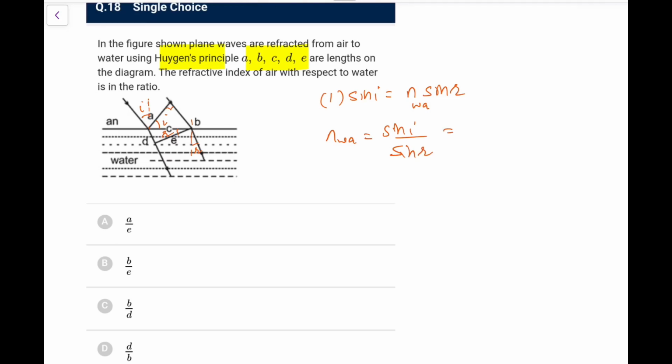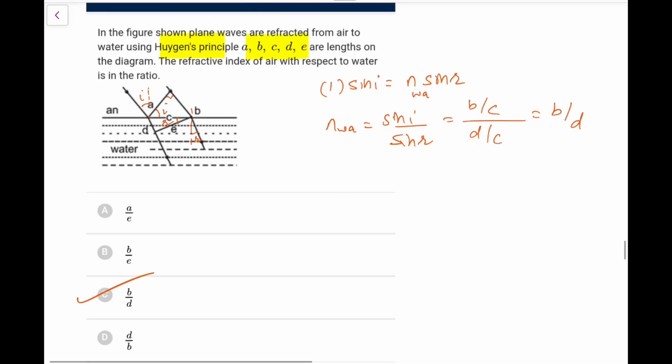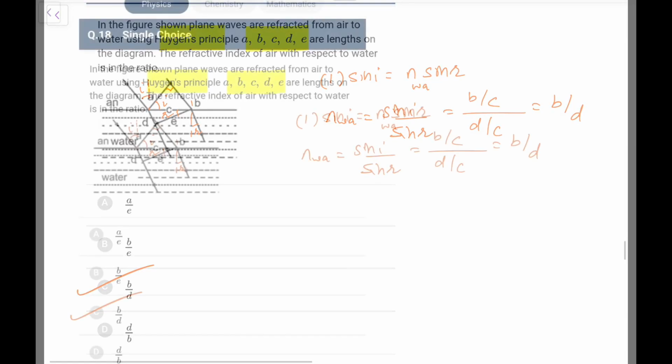In this triangle this angle is 90 degrees, so sin i comes out to be B upon C, since C is the hypotenuse, and sin r if you do it is D by C, so this comes out as B by D. So going by the options, it will be option C for sure. So this is sin i by sin r, that comes out as...